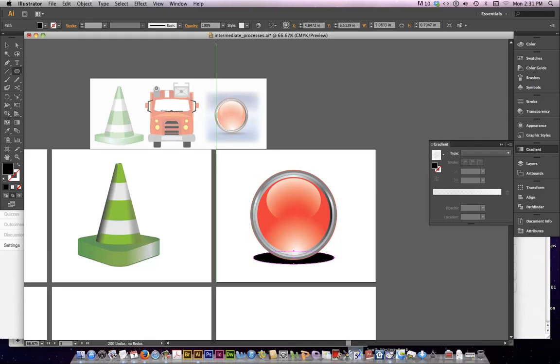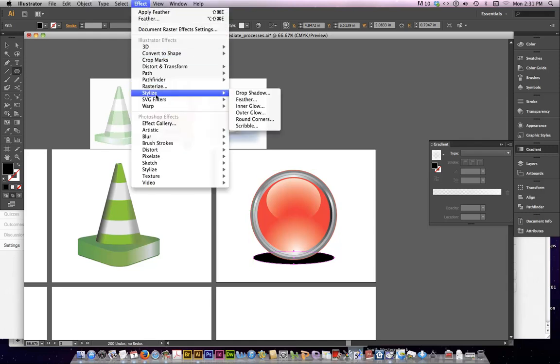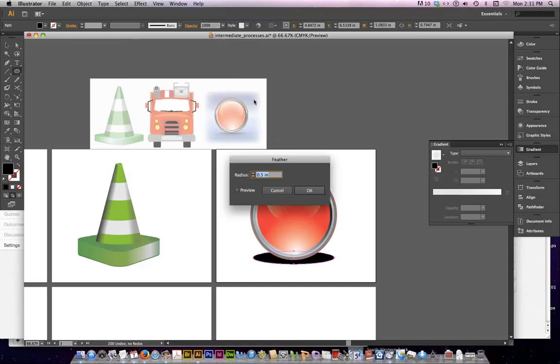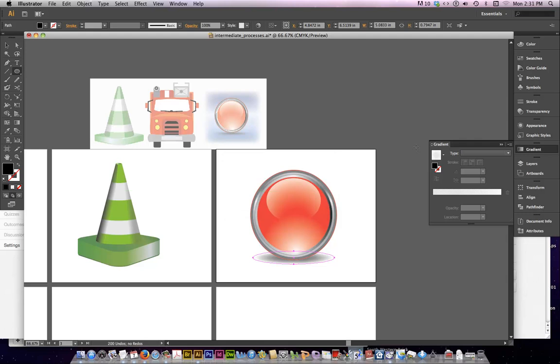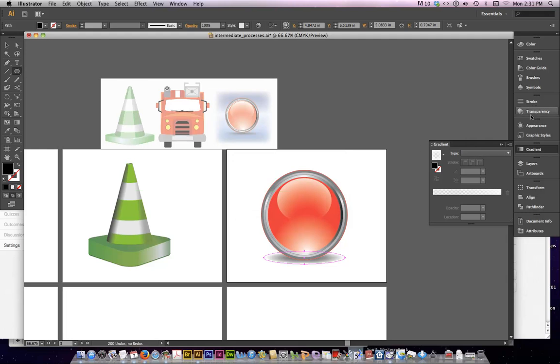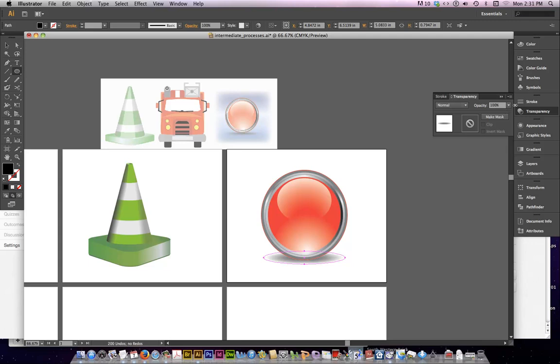And then make this have a feather on it. Stylize, effect, stylize, feather. And when you turn on your preview, you'll see it has a soft edge to it. Maybe something like that. And I think you're going to want this to be transparent, so I'm going to go ahead and turn the transparency down to about 50. And maybe change that. Well, let's just see how that works. I've still got the